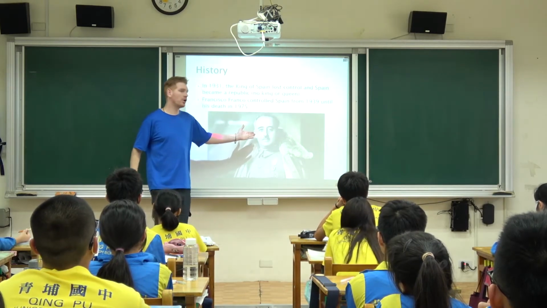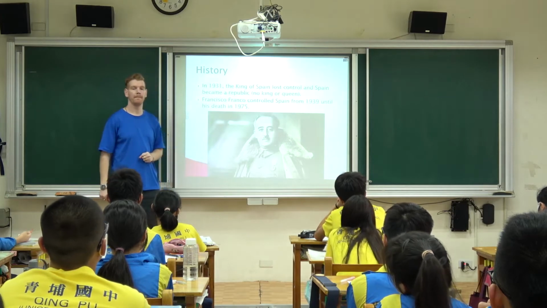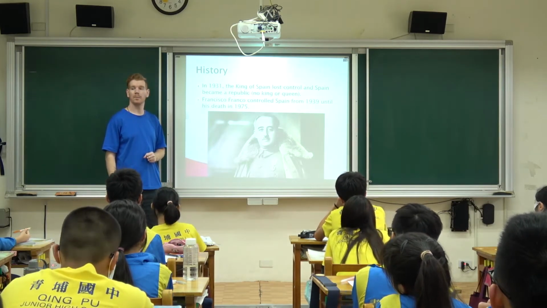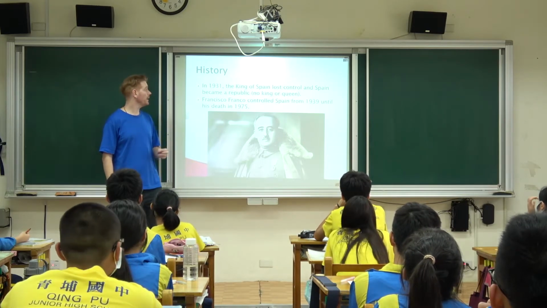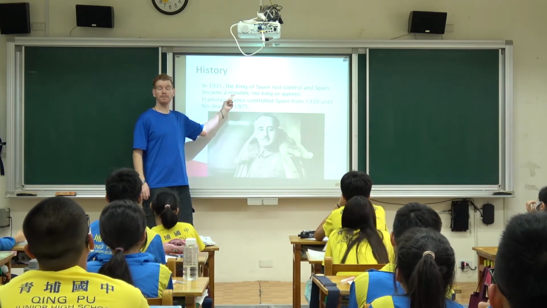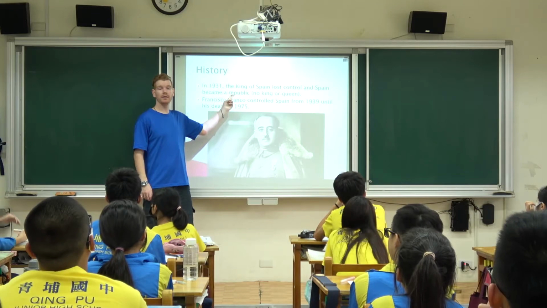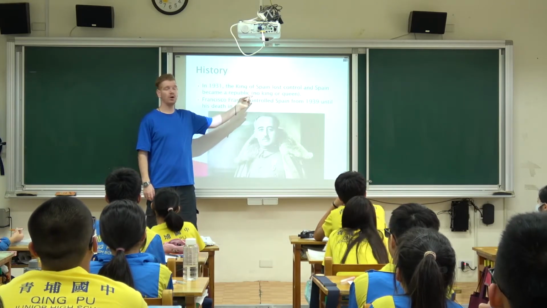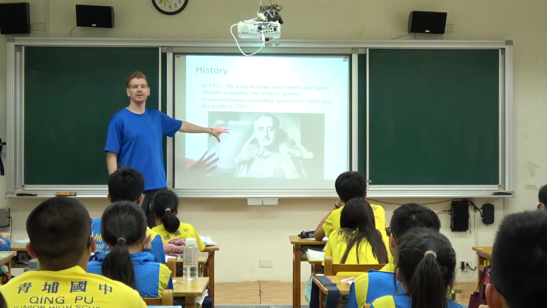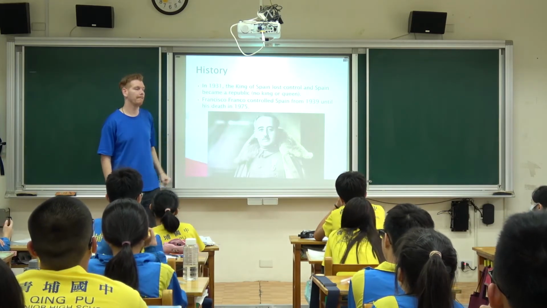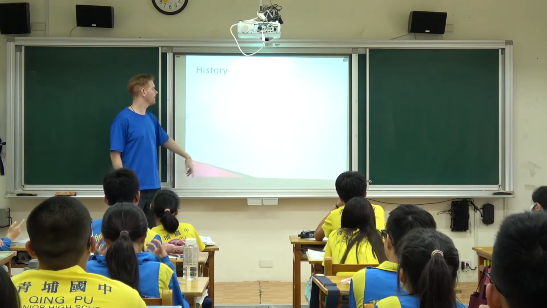So, was Franco a king? Was he a king? No. Why? Spain was a republic. So no king, no queen. He was just the boss. He was the leader. 他是总理那样。